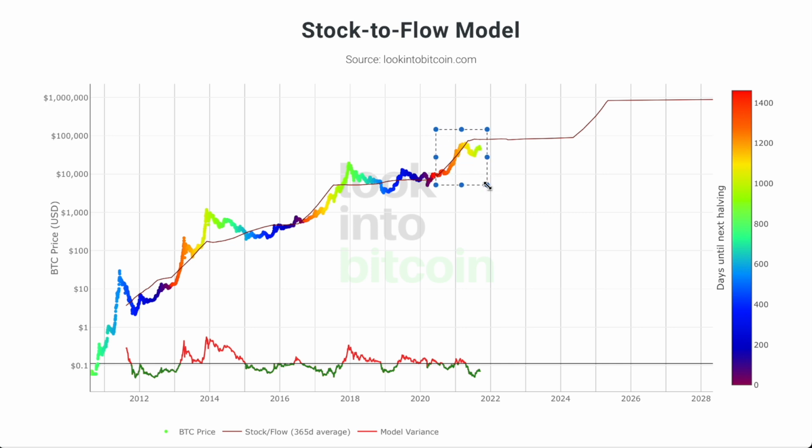Here, of course, there was picture perfect following for a period in the stock to flow line, but over here we outpaced this incredibly steep stock to flow line as well. So we weren't really outpacing it like in 2013. So the bull side momentum in 2013 was arguably stronger. Although this is a steeper slope, close following is also a strong indication of bull side momentum. But the main point that I want to drive home here is that we're now enjoying a flattened out stock